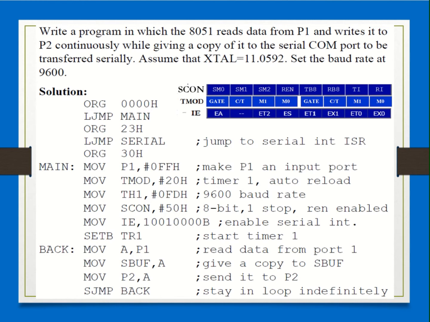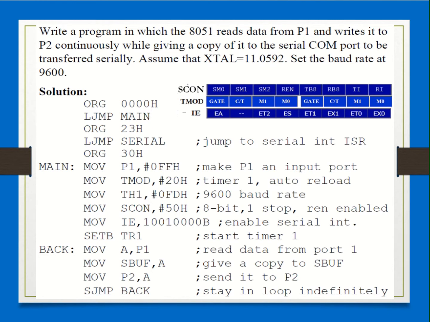When you are saying 8-bit, it is in auto reload, which means that you have to give the initial value in the TH1 register. I hope you are familiar with all the basic theory behind these programming methods. So that's why you're loading TMOD with 20, timer 1, programmed to be operating in mode 2.